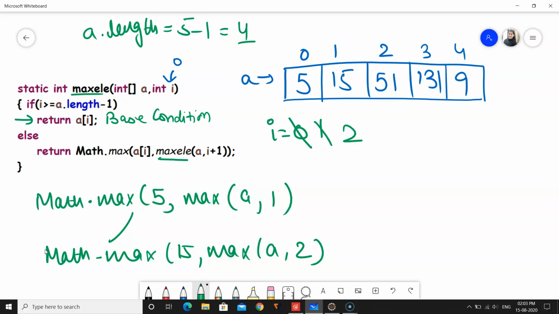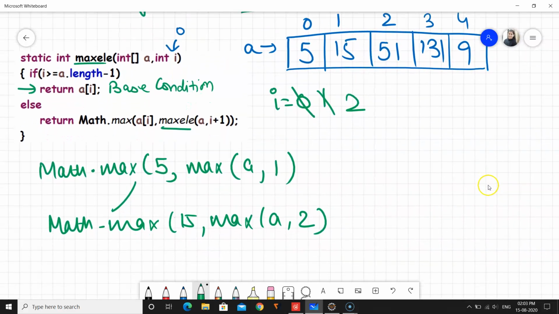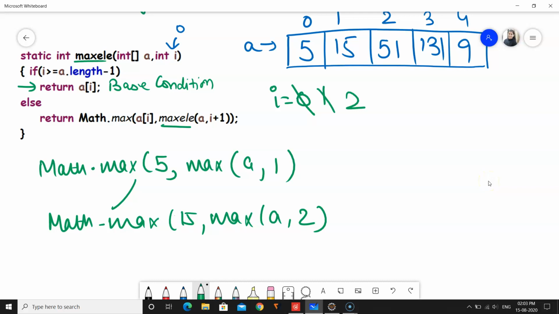It will say go, you check from the 2nd position, which is the largest element here. So it will go again, and then again the loop will be called. So now let me take the screen a little bit up. Again it will call Math.max, and then the entire array will be called. Now again it will check if I is greater than or equal to 4, condition false.